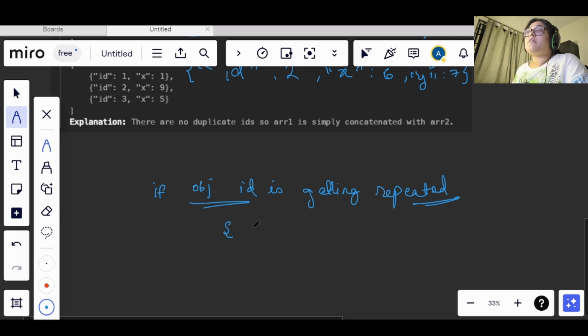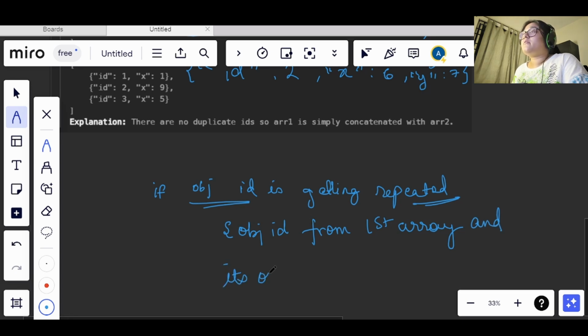So we have the object id from the first array, and it is overridden by the second array's object id.